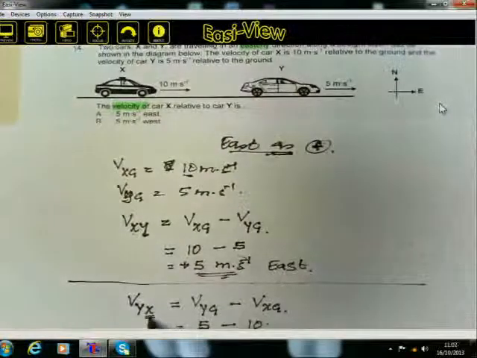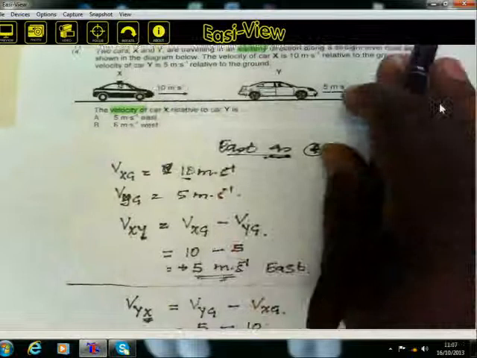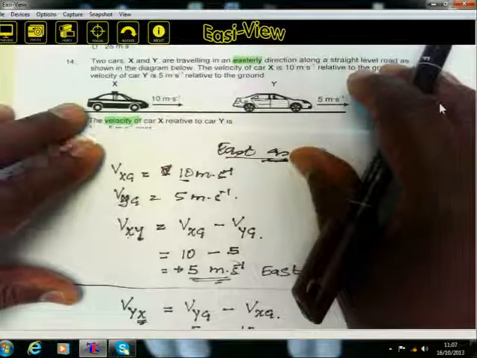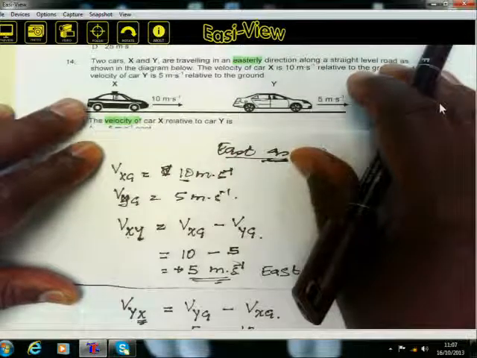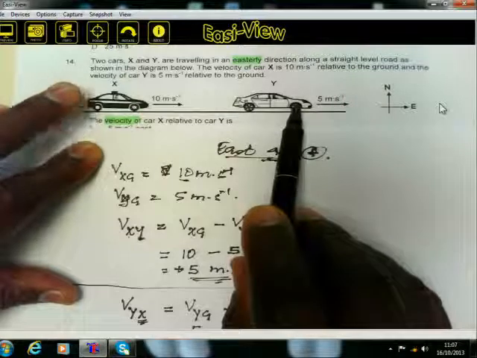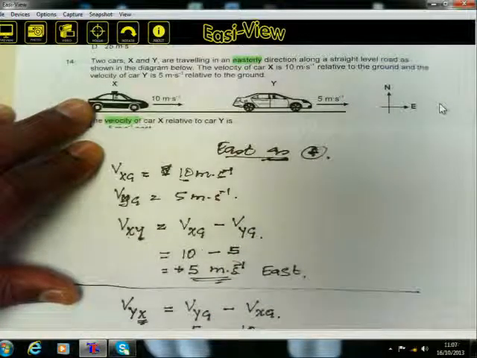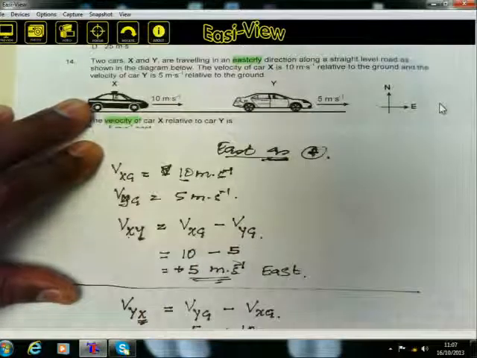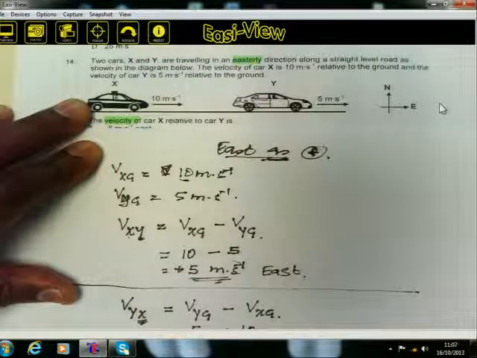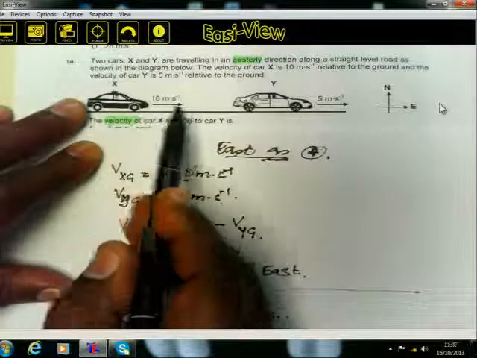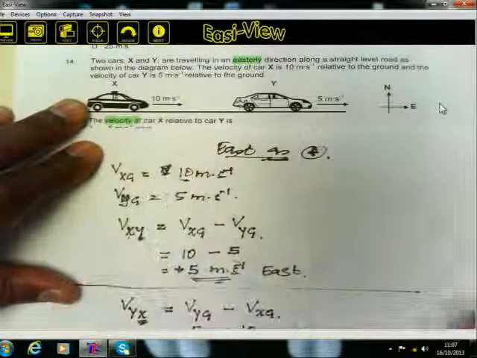Remember, x now is an observer, and you must in one way or another have seen this situation. X is approaching y, so as x approaches y, about to overtake, he sees y moving backwards. That is what this tells us, that y is moving backwards as observed by x, because x will overtake since he's driving at a higher